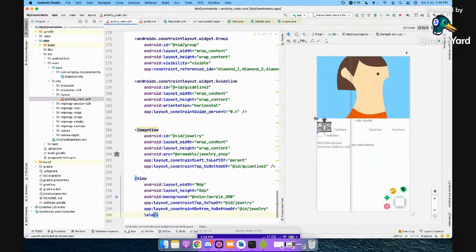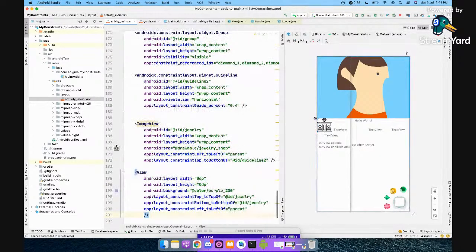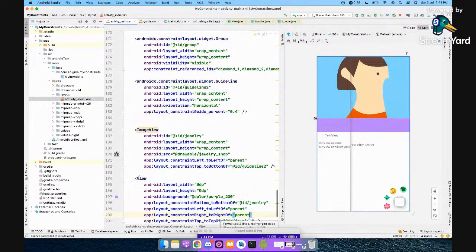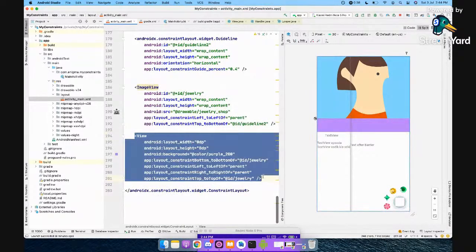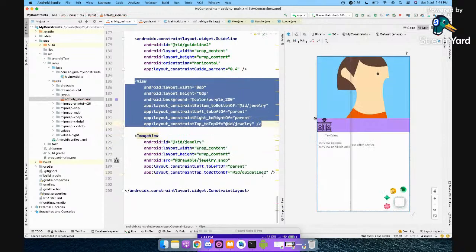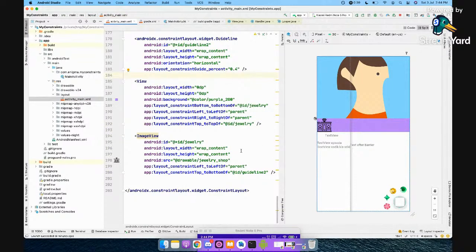I have left to left of parent, right to right of parent. Right. So we have this view, and to show the previous view, I'll just move this up, and it will work. That's how you do it.